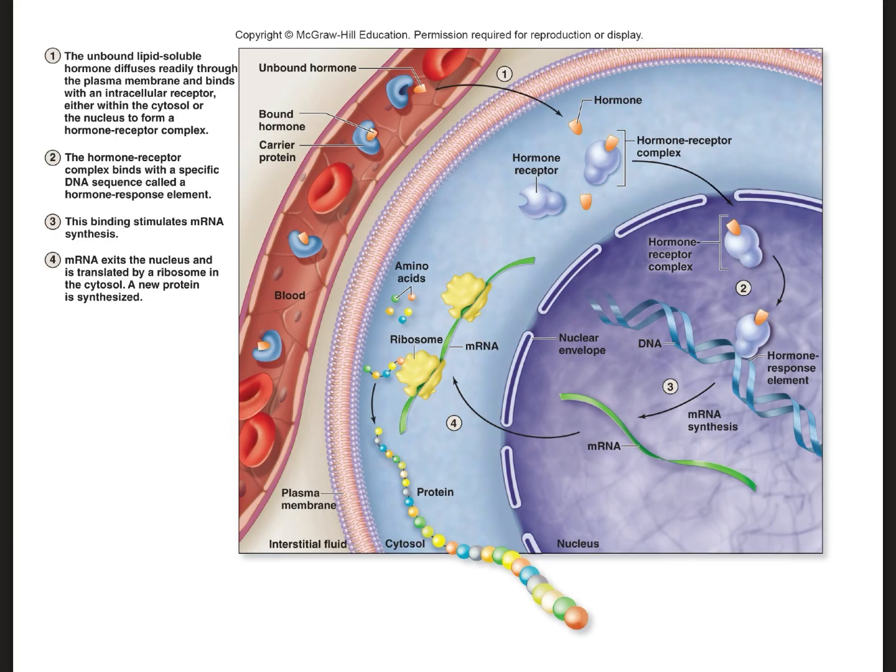Here is a picture showing you how it works. Hormone in the blood is attached to a carrier protein because it's a lipid-soluble hormone. It's then released, it becomes unbound, and it diffuses out of the blood into the target cells around it. As it diffuses, there's no receptor on the membrane. It diffuses across the cell membrane because it's lipid-soluble and binds to its receptor within the nucleus or within the cytoplasm of the cell.